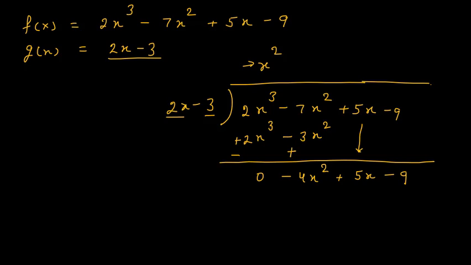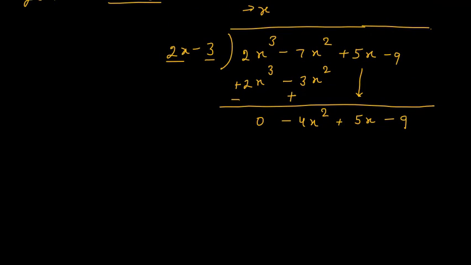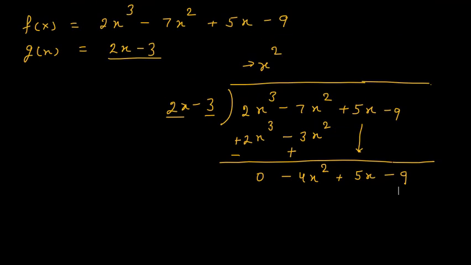You can bring this 9 down after one more step, because in this division I used only these two terms. Now here you see the first term is minus 4x square. So your next step is to divide this minus 4x square by this 2x. After division, the x and x will cancel, and the 2 will cancel with the 4. So what do you get? Here x is remaining, 2 is remaining, so minus 2x. So here you write minus 2x. Okay, now again I will remove this.